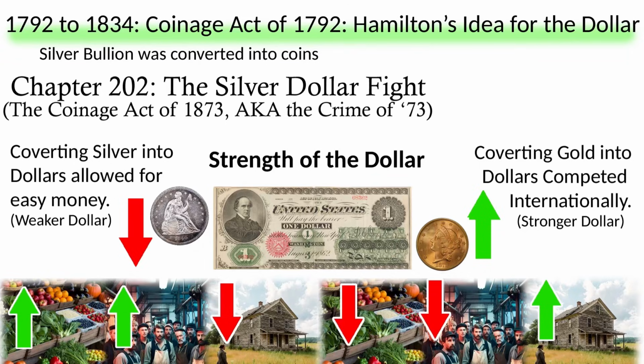Let's say a farmer wanted to buy seeds and equipment to start a field. Before 1873, the bimetallic system allowed silver to be converted into money, which increased the money supply, leading to inflation, meaning that the debt was easier to pay off later because they could ask for higher prices of goods sold later that year. After 1873, the dollar began its rise, meaning that interest rates rose and so did deflation, meaning that they had to discount their goods. So after a harvest was picked, the price of those items might have dropped by 50%. Now the farmer had to work twice as hard to make the same amount of money just to pay off